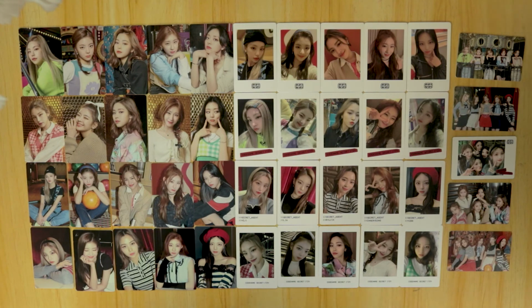So, for the other items you've seen sa in-unbox ko kanina, which is the behind photo book and then, what is the other one? No Bad Days. I will have a separate video of that, so you just need to wait